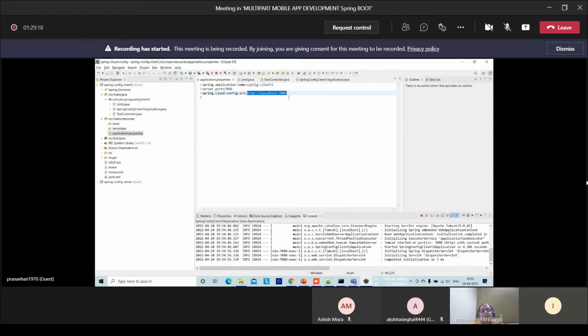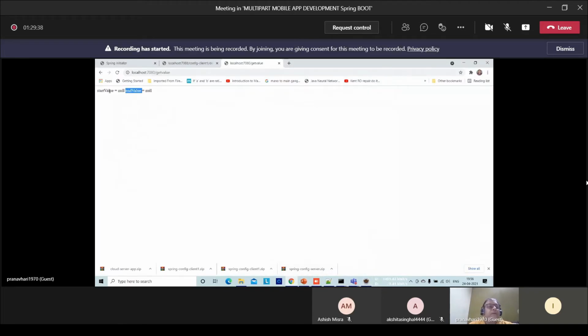And the task of the cloud server is to connect with the repository. The Git repository we have, that data is fetched by the server, not directly by the client. Now see here, to the client, he is available, but the value is not.